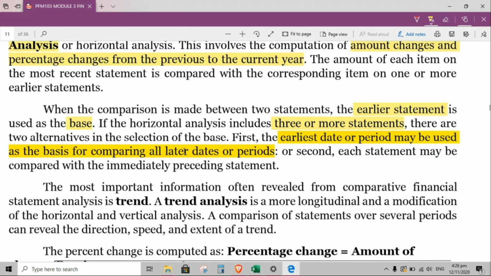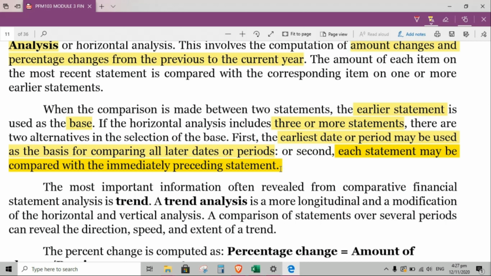For example, you have 2017, 2018, and 2019. Yung pinaka-earliest, yun yung gagamitin natin as base. Pero yung pangalawa, pwede rin na each statement may be compared with the immediately preceding statement. So kapag 2017, 18, and 19, 19 at 18 yung compare, sunod naman yung 18